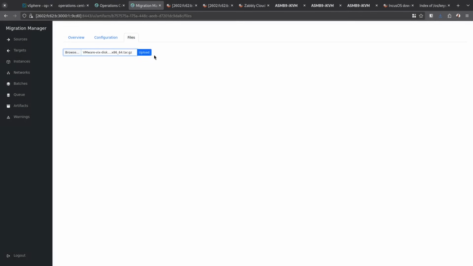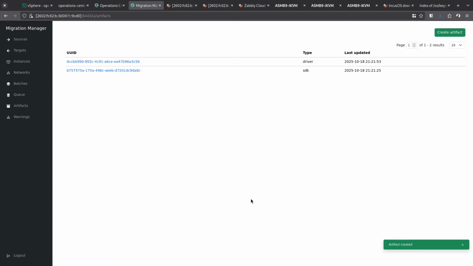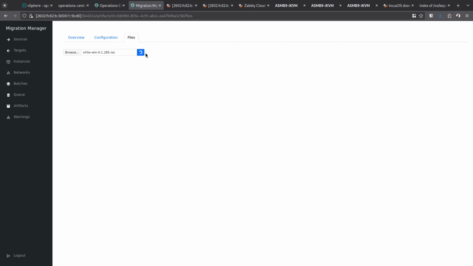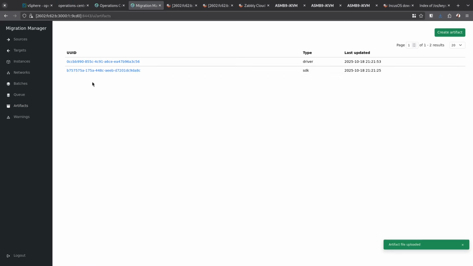As mentioned, the other thing we're going to need to upload is the driver for Windows, so OS, and we do need to tell it what the architecture is, like that. And I think that's all that's needed for that one. And then in here, again, file, select the ISO that I got, and upload that. It'll take slightly longer, it's a bit larger. And we're done. Okay, so that's the setup for the 2 files that we need, that we can't distribute really